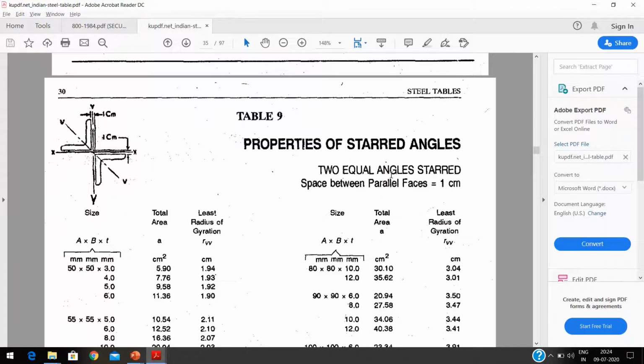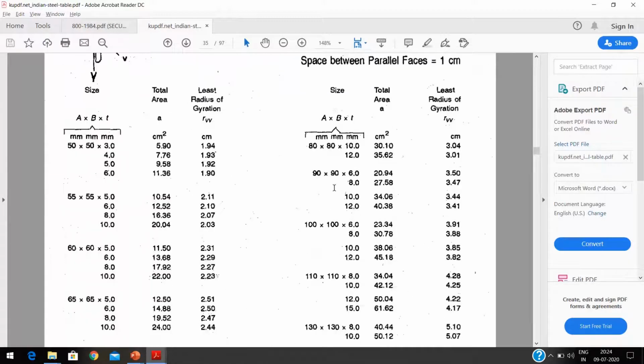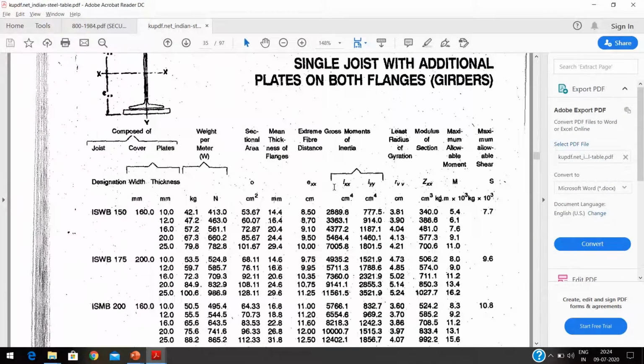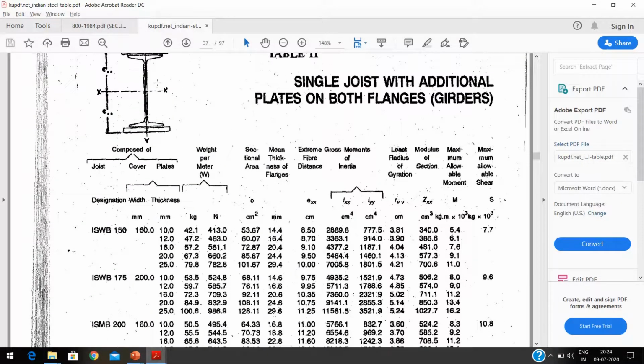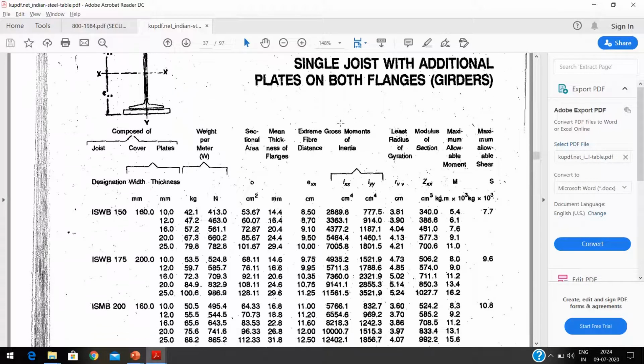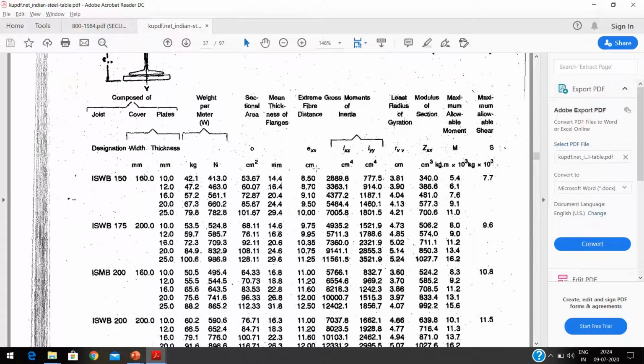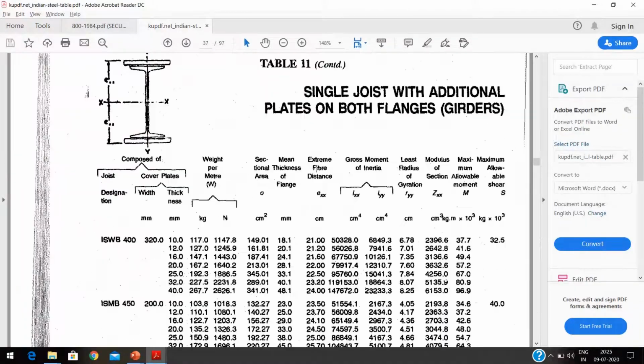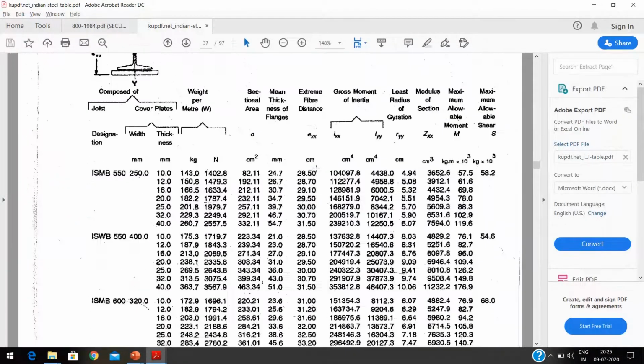So this is the star-like arrangement, that is, two equal angles are starred. This way we can find the properties. Even the plate at both flanges has been given. This particularly will be required in the case of beams especially. What is the thickness of the plate and all these things has been given over here. So in this way, we will find the properties directly in this case also. So moving further,